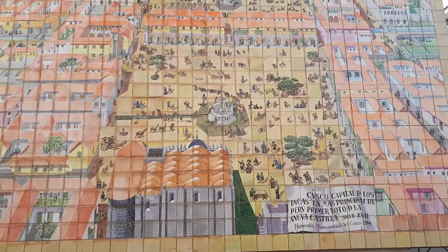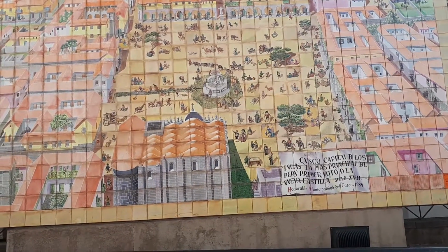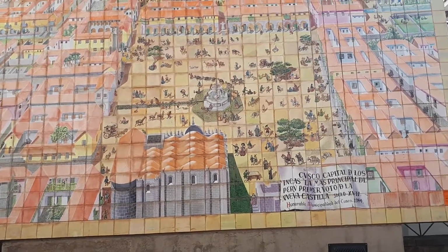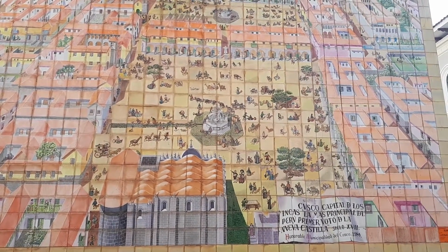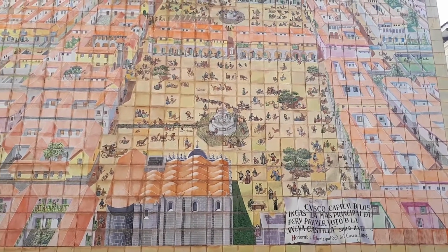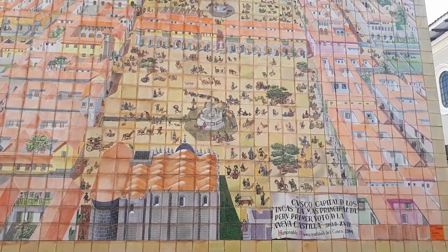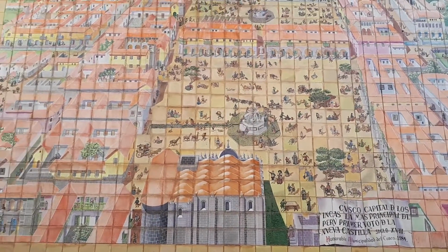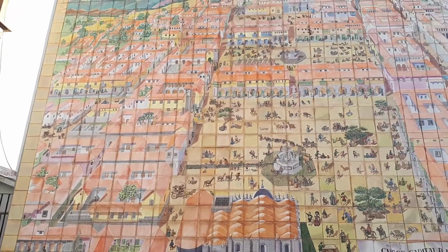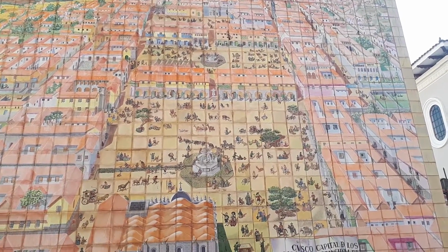There is a modern painting decorating as well the main avenue. It was painted in 1984 by the City Hall. It is representing Cusco City during the Viceroyalty. You can see the cathedral here, the main building, the main square, or with its Quechua name, Kusipata. You have the buildings, all the courtyards. The next square is the Kusipata Square,